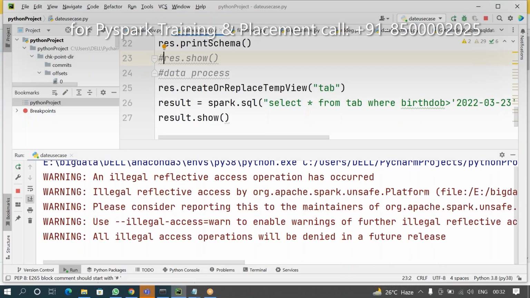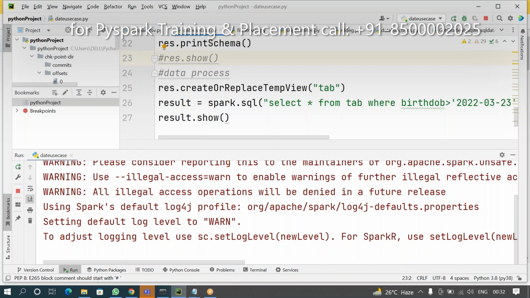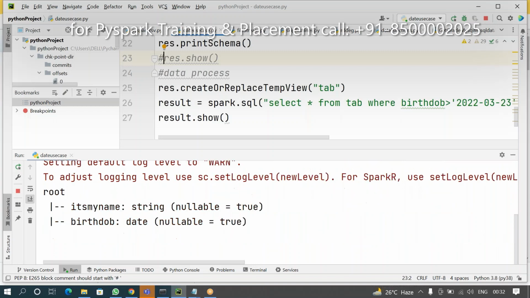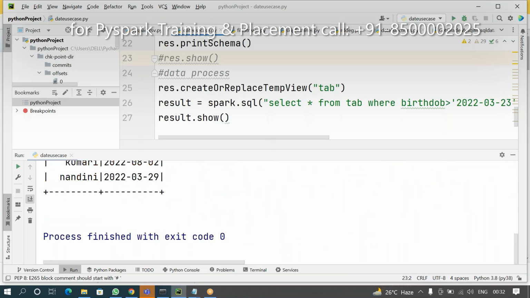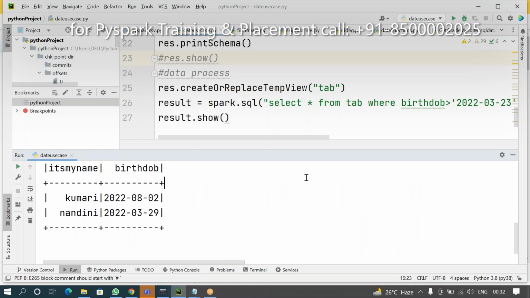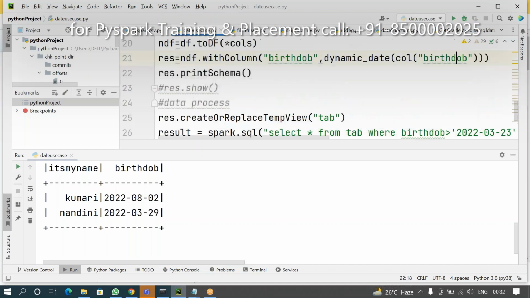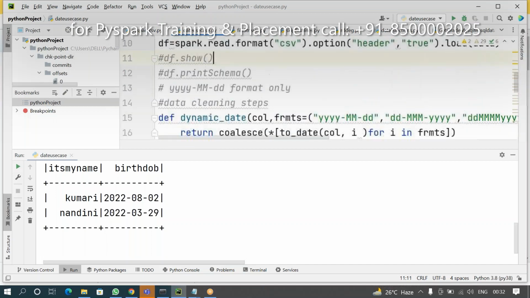So after data cleaning, in that way you are processing who is born after 22 March 23. After this month, who's born? I want to know that. In this scenario, you can easily process that. Nandini and Kumari only. These two people were born after March 23 only. So in that way, before processing, data cleansing is very important.